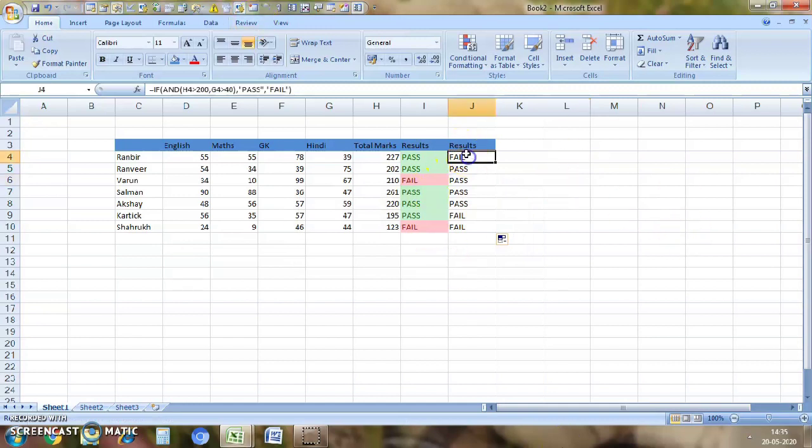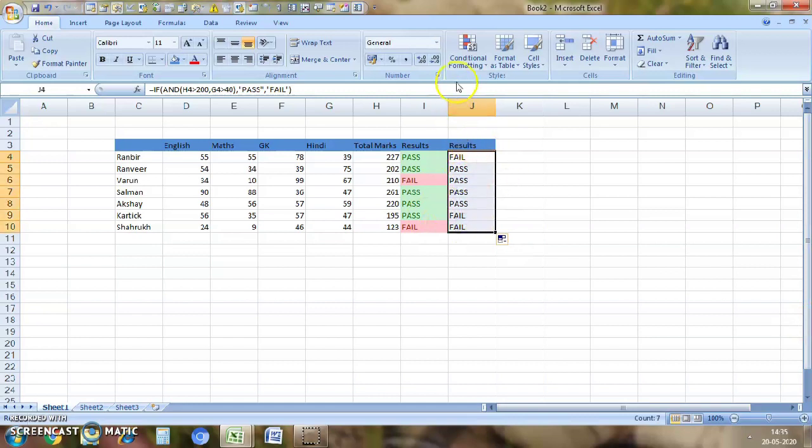Sorry, I missed it. Ranveer had 200. The total marks were more than 200, but the Hindi marks were not more than 40. So he is failed. In the AND formula, both conditions should meet.